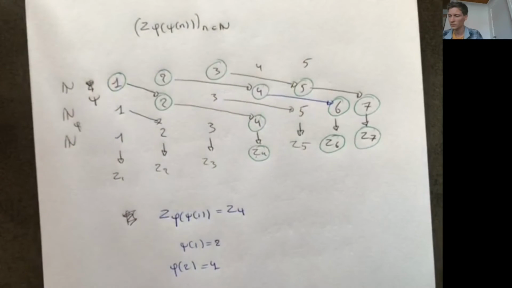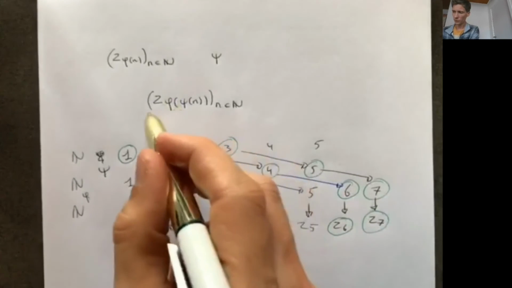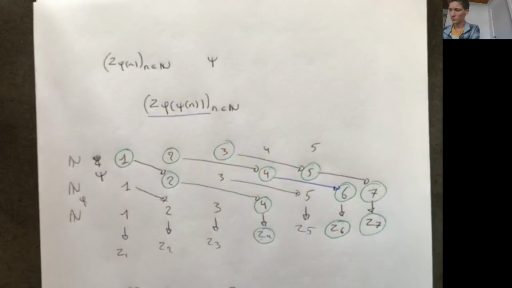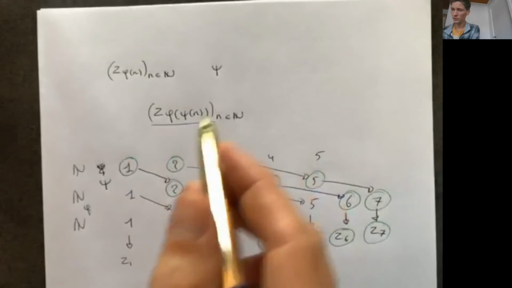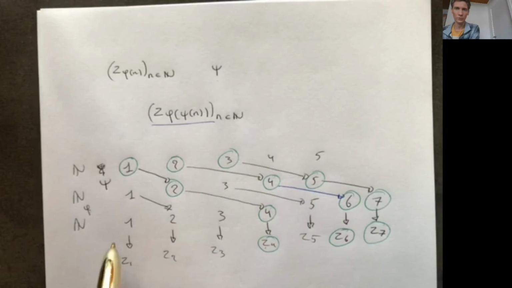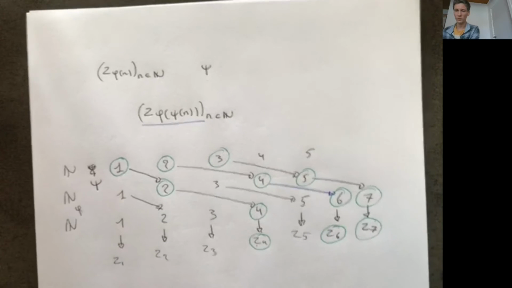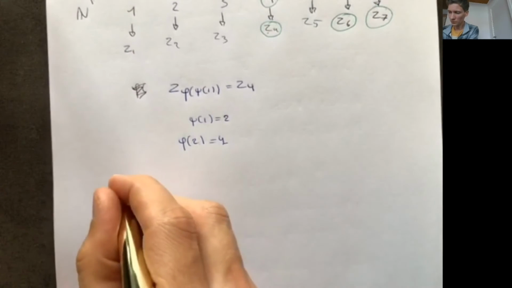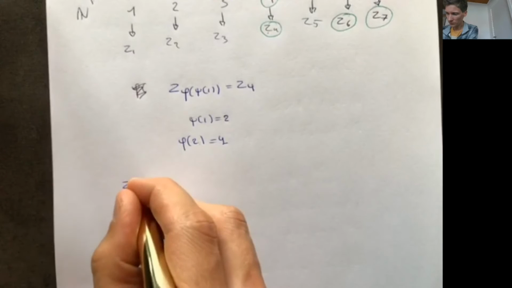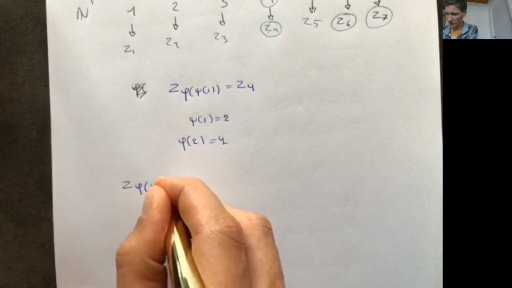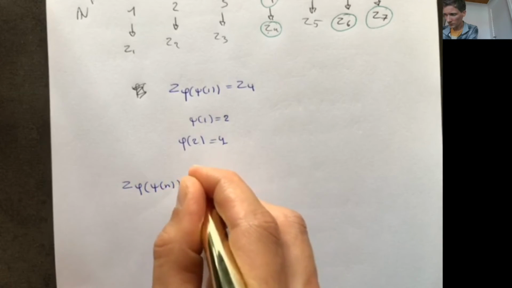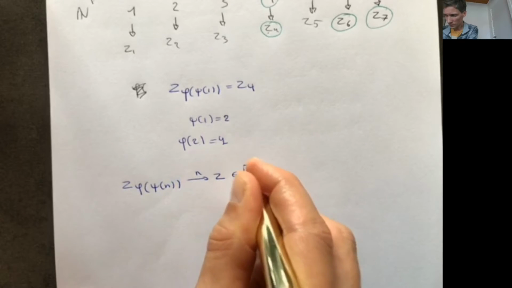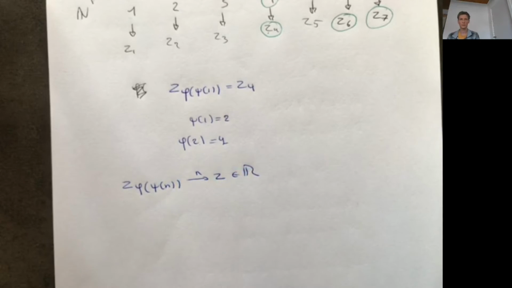We put another subsequence on top of this already existing subsequence. Okay, so this is a notation. It's a bit of an ugly notation, but this is the notation, and we know that this subsequence converges, from the Bolzano-Weierstrass theorem for sequences of real numbers. So we have that z of phi of psi of n converges to some z in R.